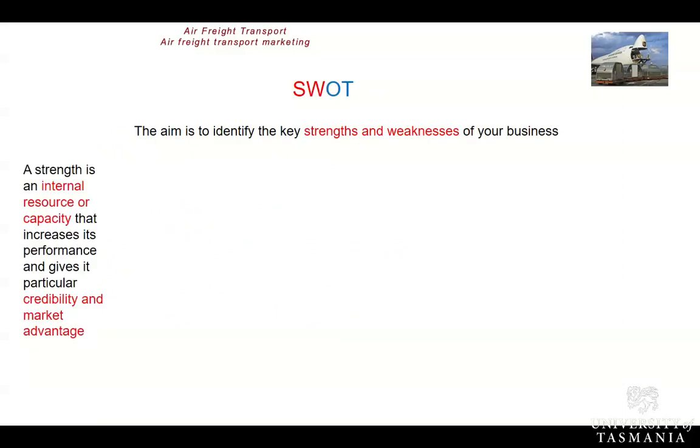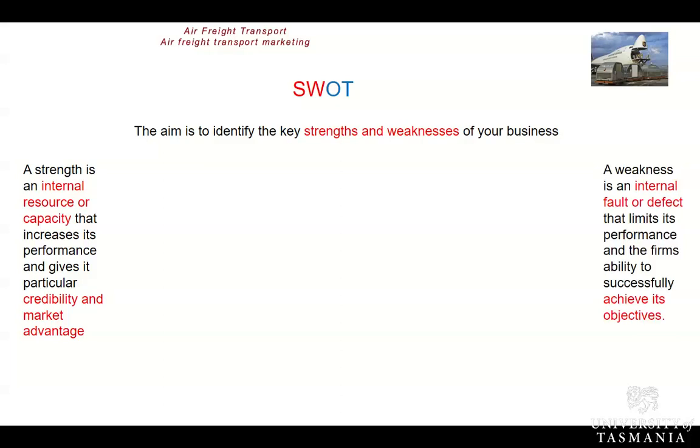and you get to a point where what you're looking for out of all those things are going to be strengths and weaknesses. Strength being something internal to your business that gives you an advantage in the marketplace, something that sets you apart perhaps from your competitors. Weakness being something internally in your business that perhaps isn't working well for you. It's been identified as something that's limiting your performance. The thing about strengths and weaknesses is they can only be found within your own business.